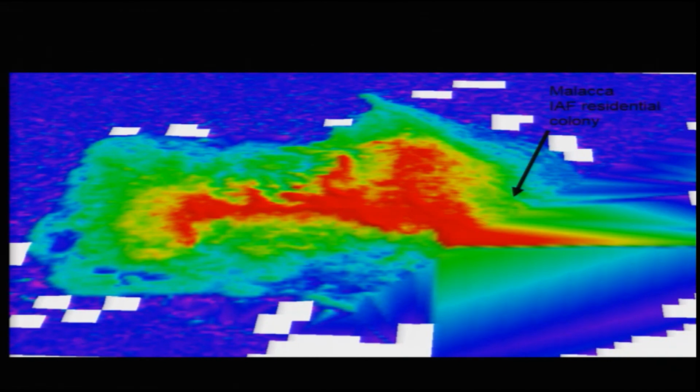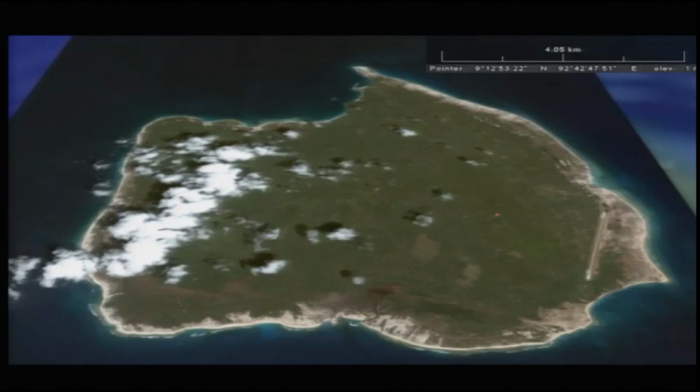Now, the island is extremely beautiful, and the height is not much in terms of elevation. The hills are not very high, and it has a very flat topography, a wonderful beach, and this whole area is occupied. This is towards the eastern coast. This whole area has been occupied by the Indian Air Force residential colony, and we have the airstrip also over here. So, this is what you see here.